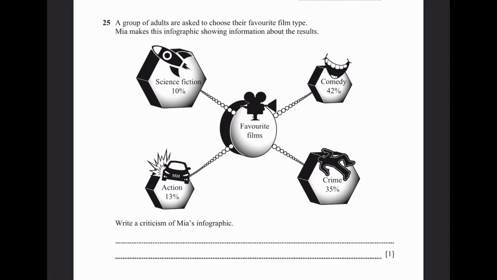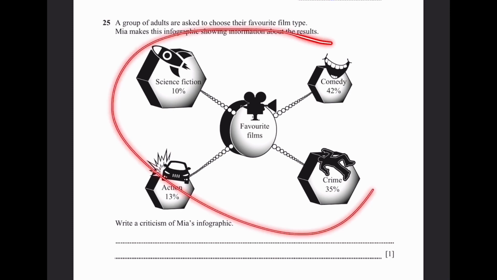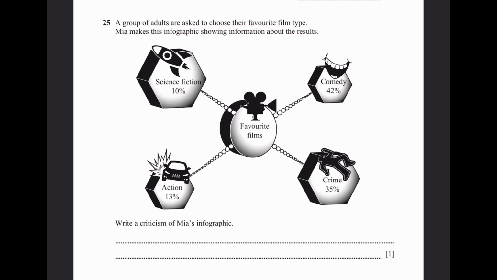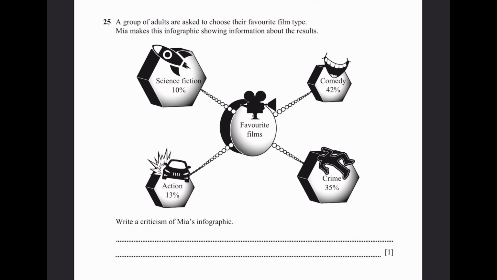Question 25. A group of adults are asked to choose their favorite film type. Mia makes an infographic showing information about the results. This is the infographic. I heard the criticism of Mia's infographic. If we look closely, we can see science fiction 10%, comedy is 42%. But science fiction has a larger shape than comedy, right? You can see. But that doesn't make sense because science fiction has a smaller percentage than comedy. So usually in infographics, it's better to represent the lower percentage with a smaller shape and the larger percentage with a larger shape. And that's why we can write higher percentage